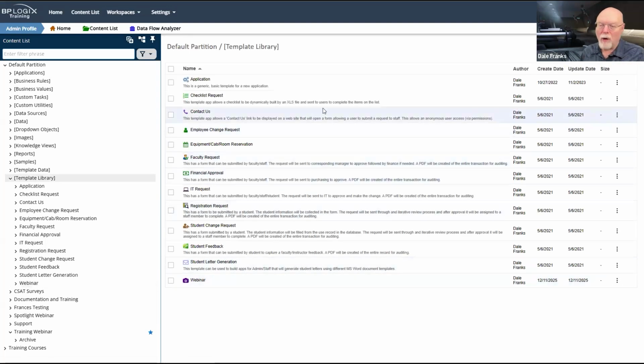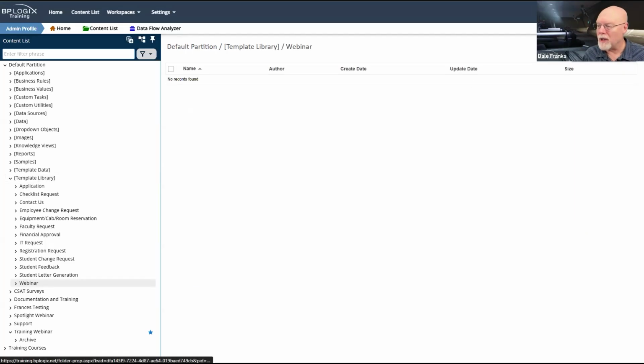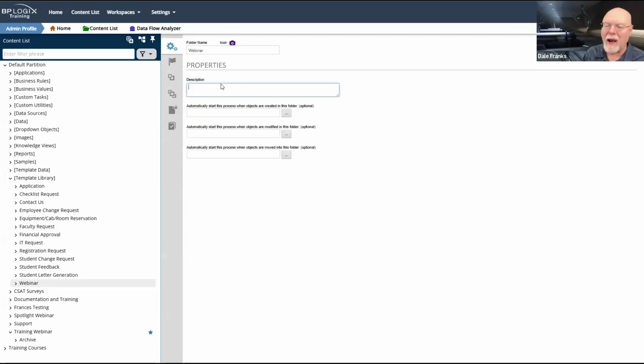And so if we go back to the template library folder, we can see that I have my webinar folder here and it has its own icon. When I create a new application based on this template, it's going to have that camera icon as its default icon. One thing I didn't do that I should have done while I was in properties is to add a brief description. Descriptions are always good because they do show up in the content list. So we'll just call this blank application for the template app stub